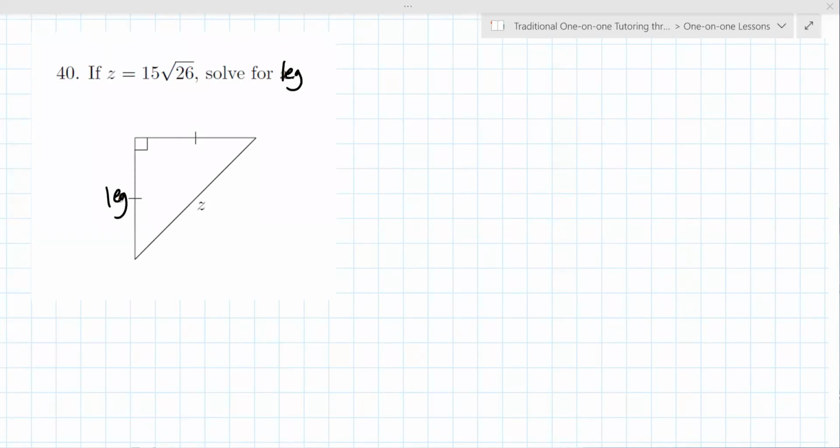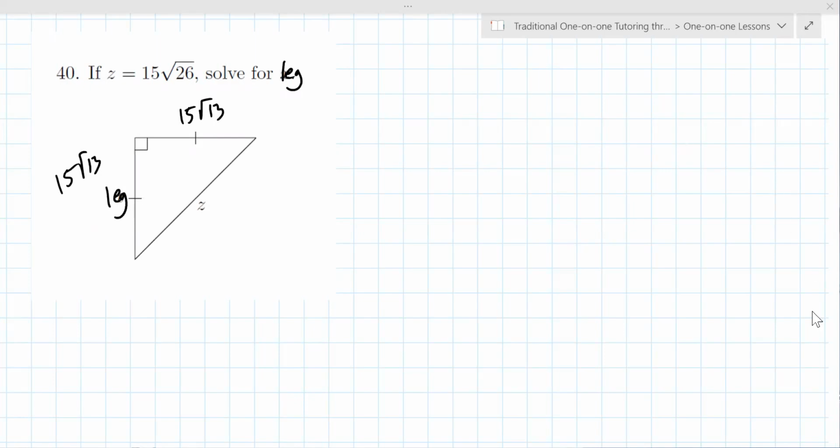15 root 13. Yes, 15 root 13 and 15 root 13. Perfect. Okay. So the last kind of problem that you might see